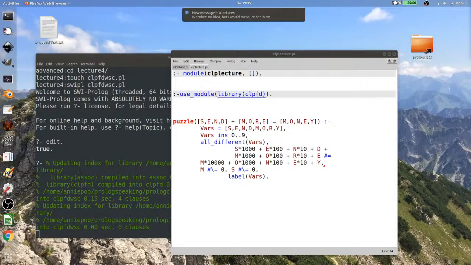I bet you it's not 127.0.0.1. So we can put constraints on answers. And this can look much like a type system. It can also be used to do computation.